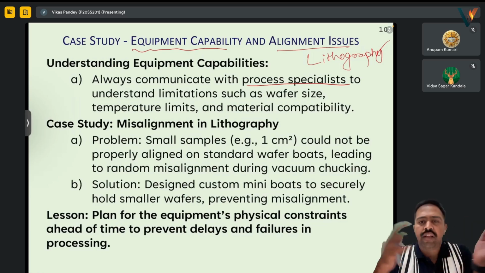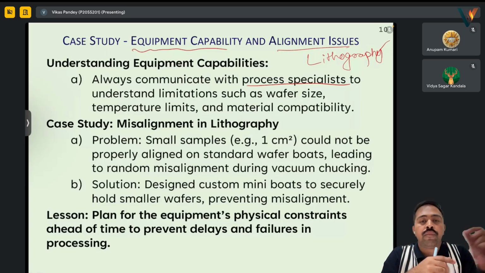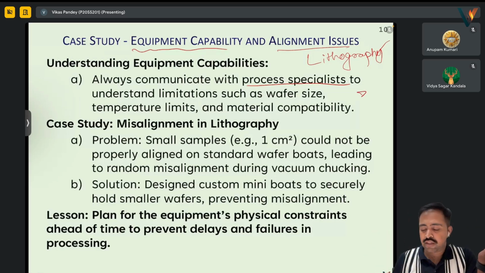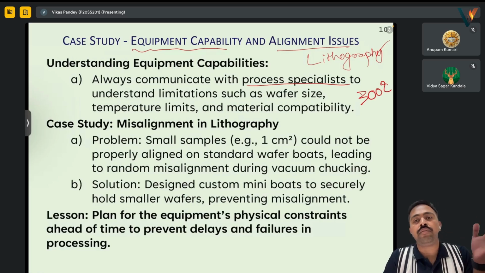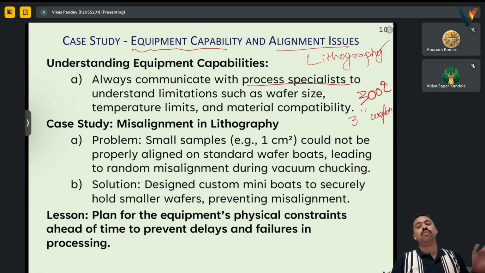we can have any size of wafer, any kind, any temperature in our theory. But practically, what is possible? Say in the process that we are talking about, the machine can go till say 300 degrees Celsius, but the process we were thinking about has to happen at 500 degrees Celsius, so not possible. Suppose the lithography machine in our lab is able to handle 3-inch wafers, but we have already done all the processes on 4-inch wafers. Such things